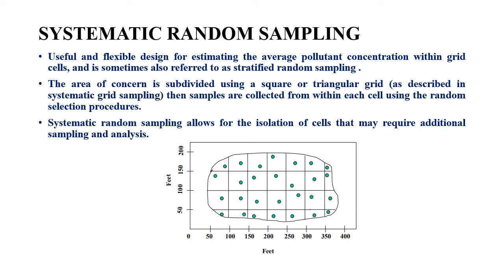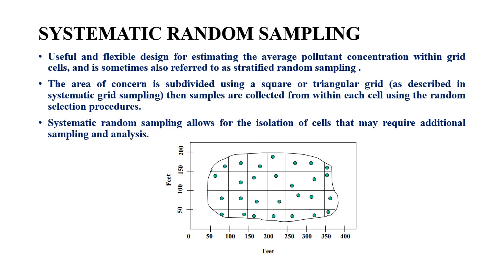instead of locating the sampling points or the sampling locations at the intersection of the grid lines, here the sampling locations will be considered within each cell, that is, within each cell made by the grid lines. So this square is one cell. Now this is a square type grid which is made, so here each square is defined as a cell. Here, instead of selecting the sampling locations or sampling points at the intersection of the grid lines, the sampling locations will be chosen within each cell, or inside each cell.